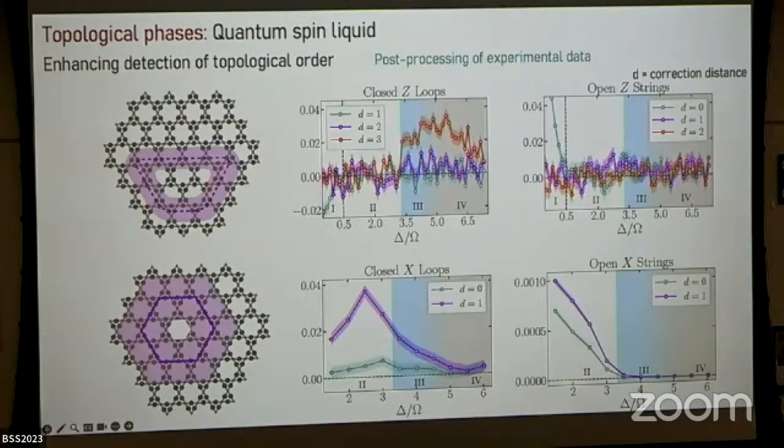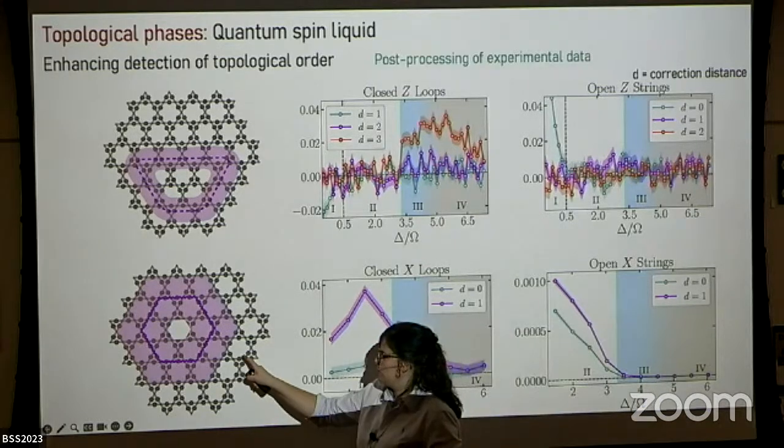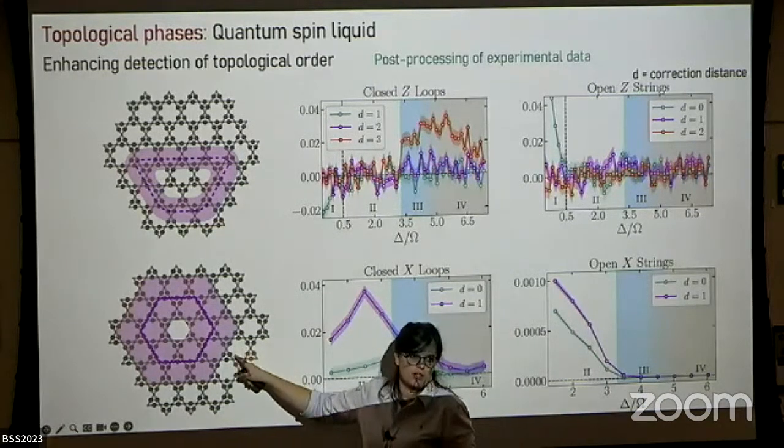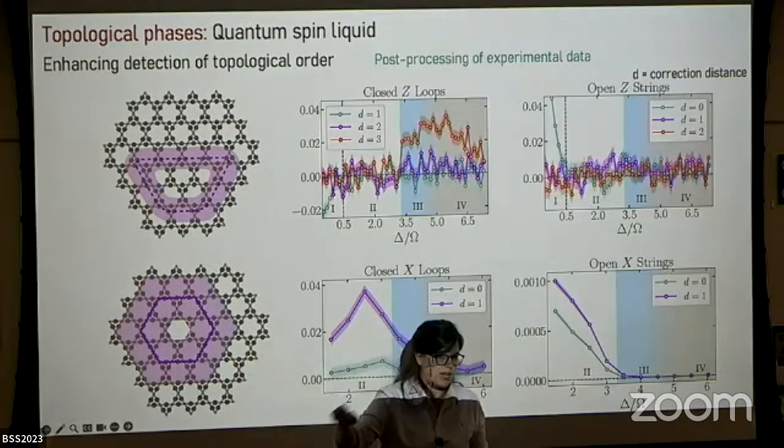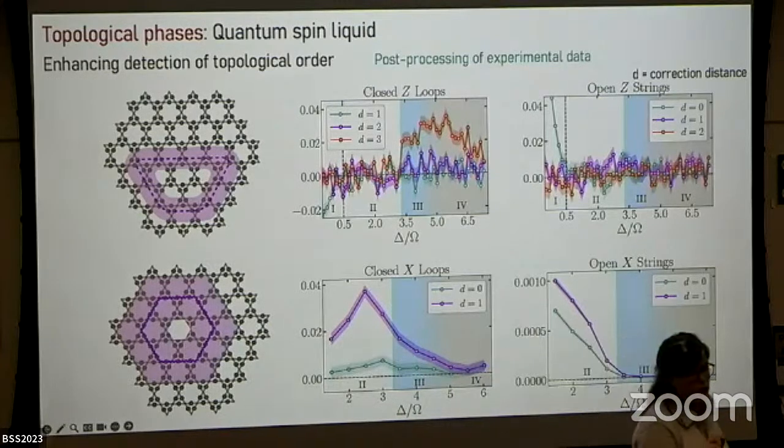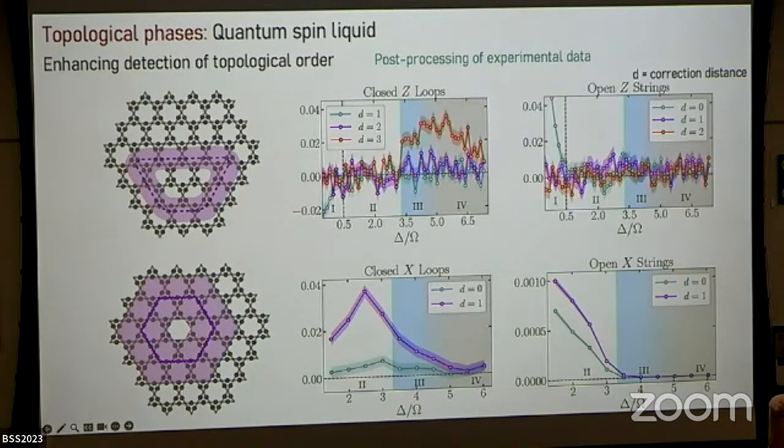Yeah? So the readout here is structured to this one. Yeah. So when you say error correction, there are some tricks that you could play in principle. One idea would be you introduce some ancilla qubits. For example, let's say that you have some extra atoms, you put this extra atom here in the middle, you entangle it with the atoms in the plaquette, you use that to measure the syndrome, and then you apply feedback. You only measure on the ancilla qubits, so you don't destroy these qubits. It is possible, it's a little bit futuristic, but